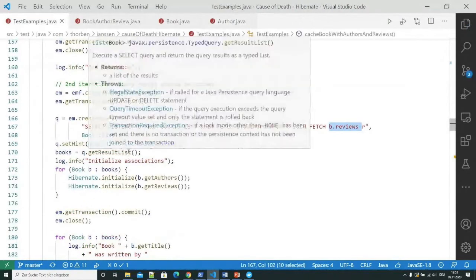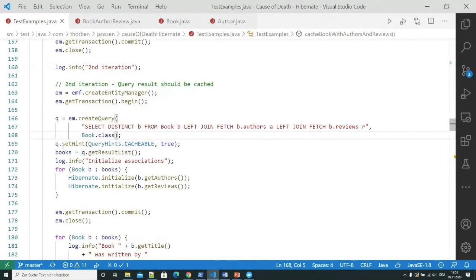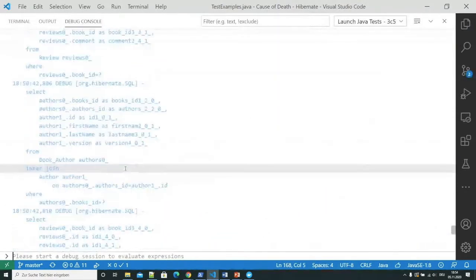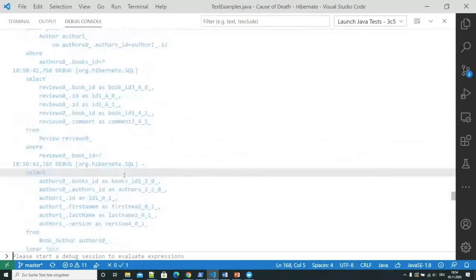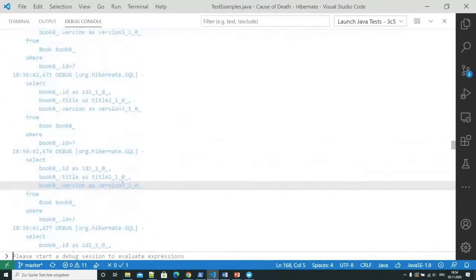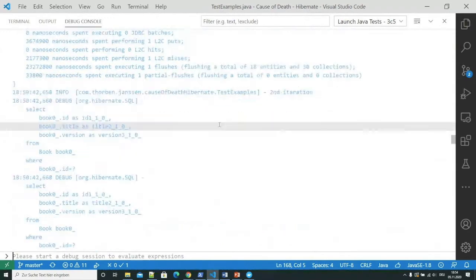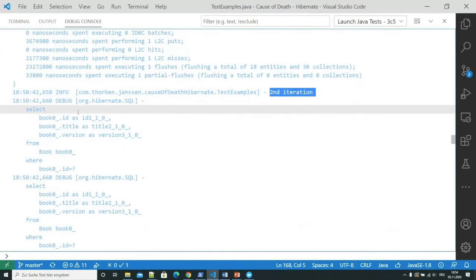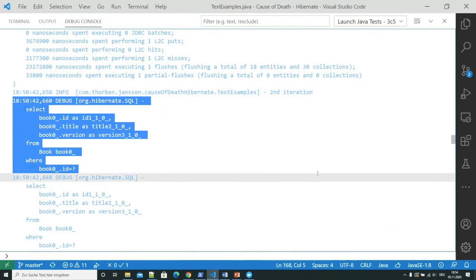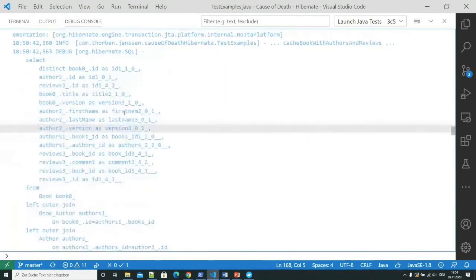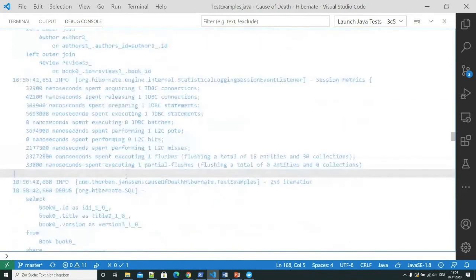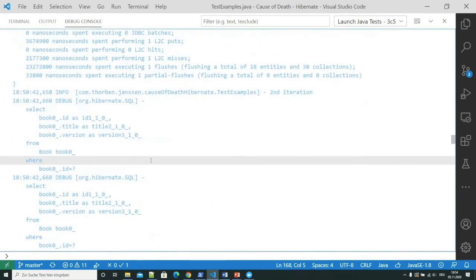They were not stored in our second level cache. And the result of that was that somewhere up here, between the second iteration log message and that statement here, we got the cached query result, the result of that query here. And that contained references to book, author, and review entities.